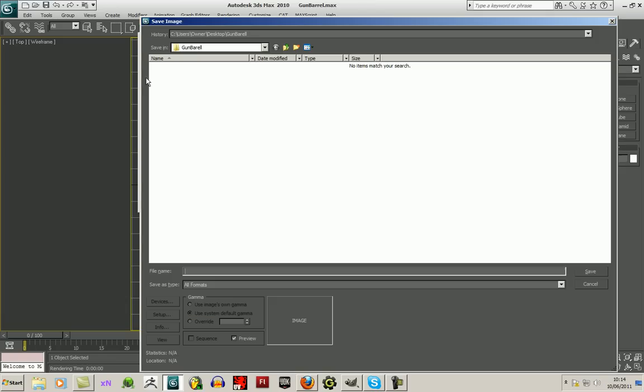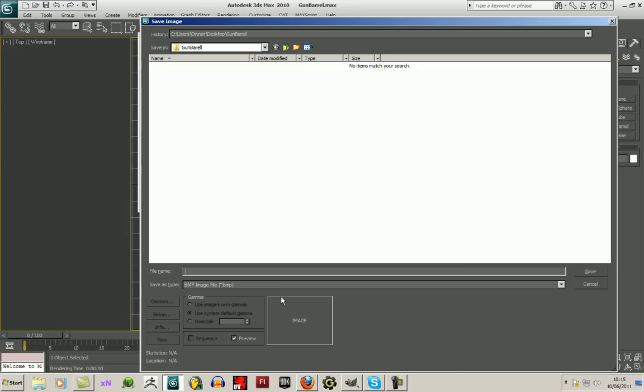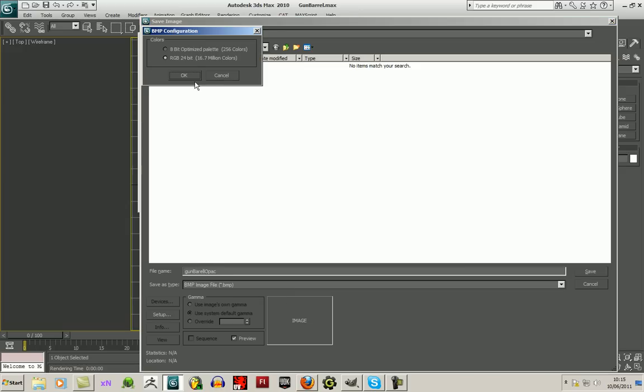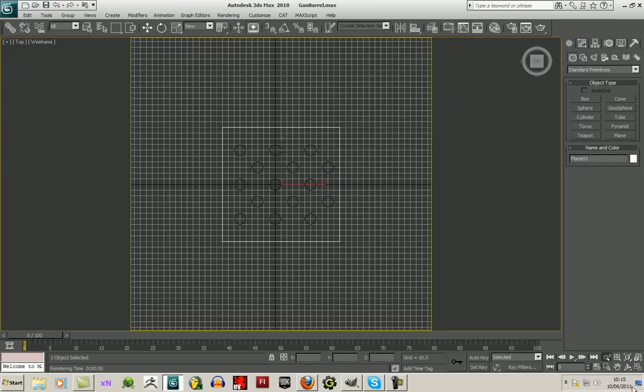Now I want to save that. I'll save that in the GunBarrell as GunBarrell opacity. I'll save it as a bitmap. Okay, so with that bit done,